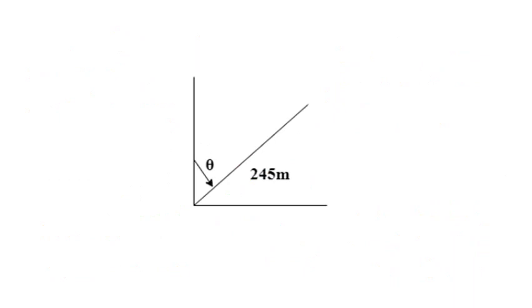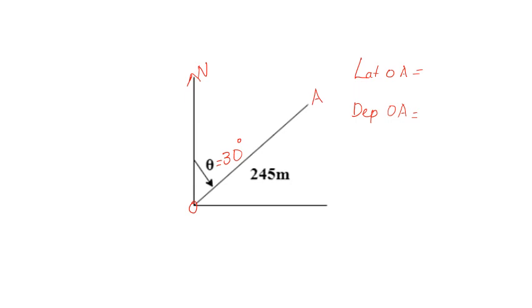So shall we calculate this answer? Suppose we have a line OA, which is in the first quadrant. The bearing of the line OA is, say, 30 degrees. The length of the line is 245 meters. So what is the latitude of OA? Similarly, what is the departure of line OA? You try to find out.